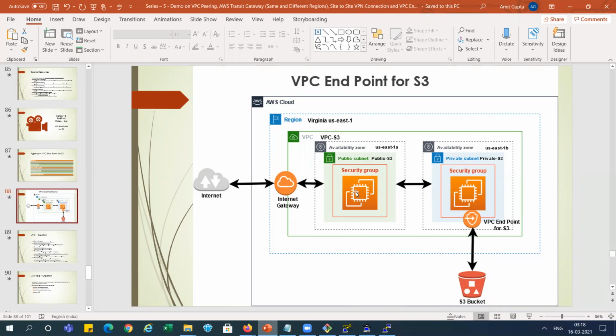It is working on the public IP, so S3 can be accessed via public traffic, right? But this one is in a private subnet, doesn't have any public IP, and without a public IP it is not able to connect to the S3 bucket, right? So for this reason, we need to create the VPC endpoint for S3. We need to do the configuration for this with the private subnet only.